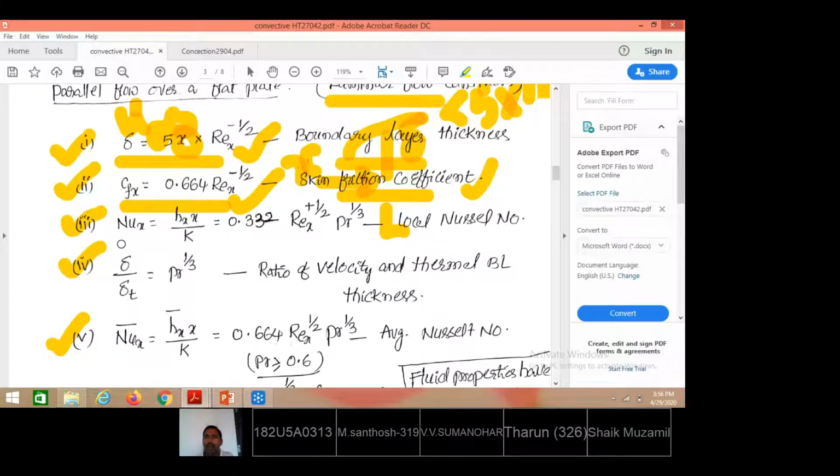So here, for a laminar flow, for external flows, the Nusselt number can be equated as hx into x by k. Nux is the local Nusselt number; the suffix x means local. In the total length of the plate, at a particular position, maybe at this level or at this level, at your chosen level, if the heat transfer coefficient is estimated, we say it is the local heat transfer coefficient. So Nux equals hx x by k, where k is the thermal conductivity of the flowing fluid.